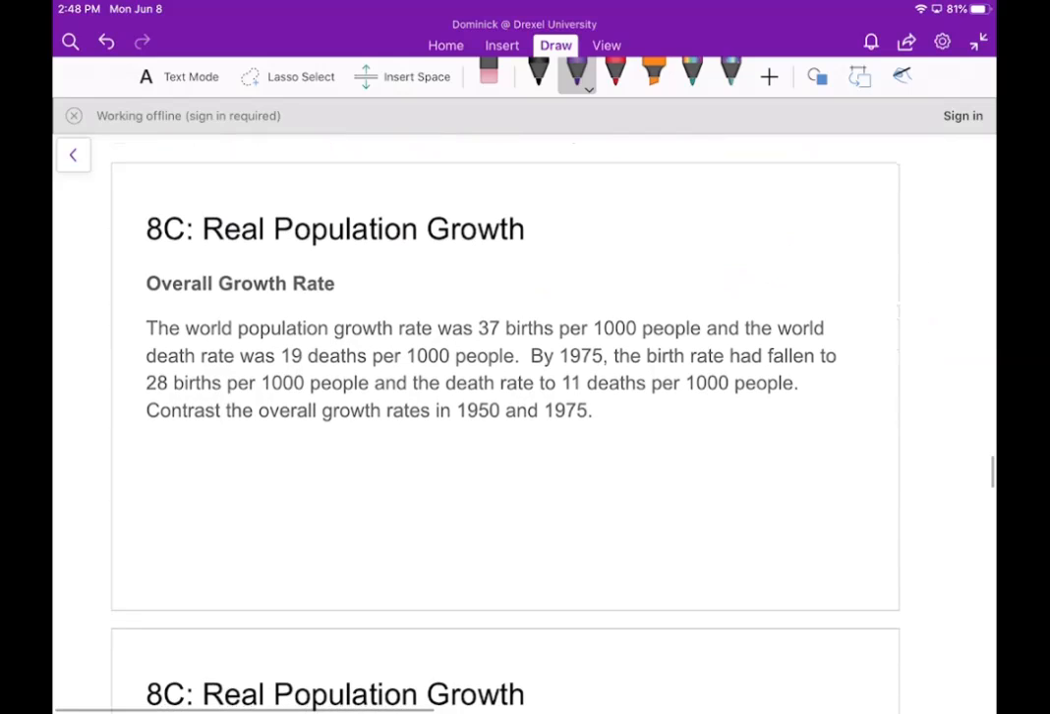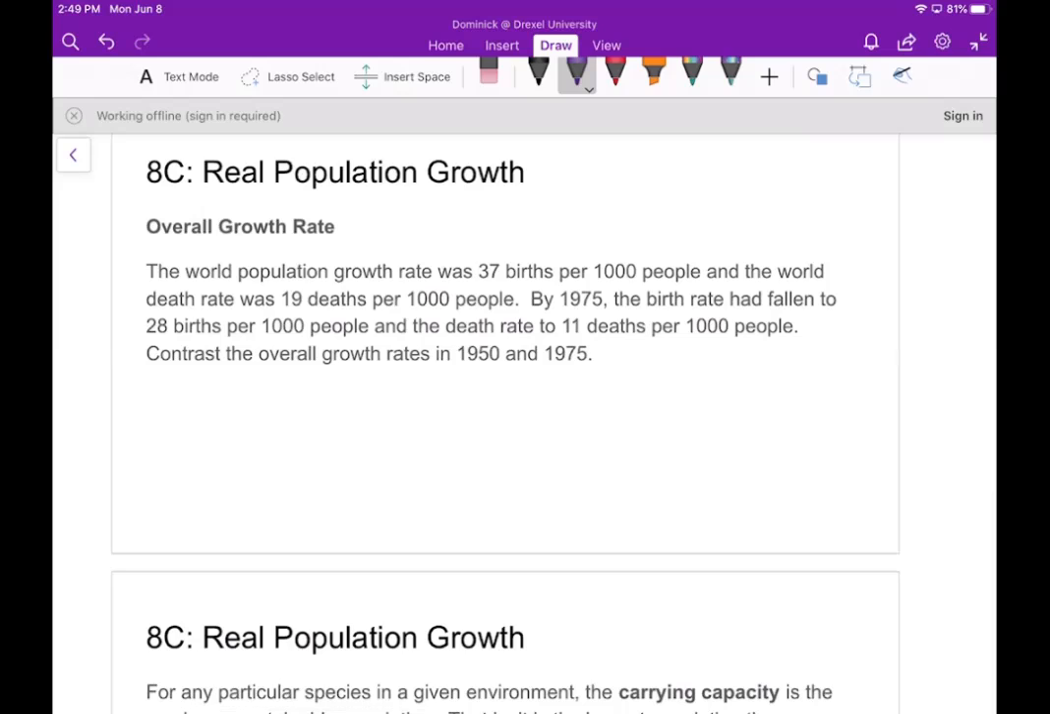Now, the next thing that we can talk about is the idea of a growth rate. Now, the world population birth rate was 37 births per 1,000 people, and the world death rate was 19 deaths per 1,000 people. Now, by 1975, the birth rate had fallen to 28 births per 1,000 people, but the death rate fell to 11 deaths per 1,000 people as well. Now, to find the overall growth rate,